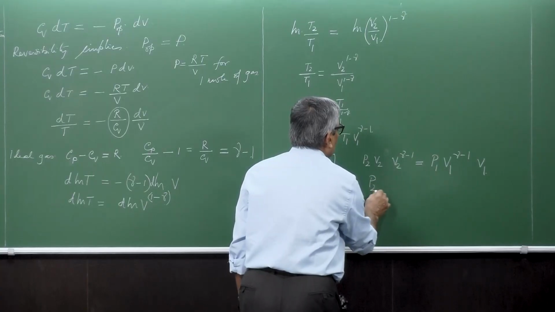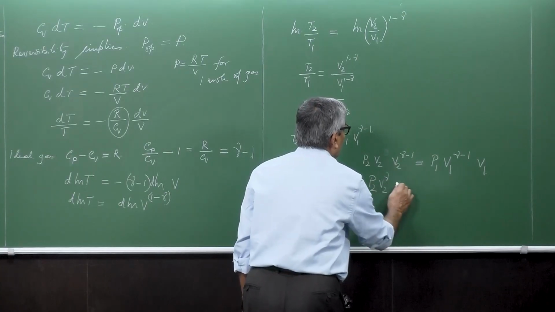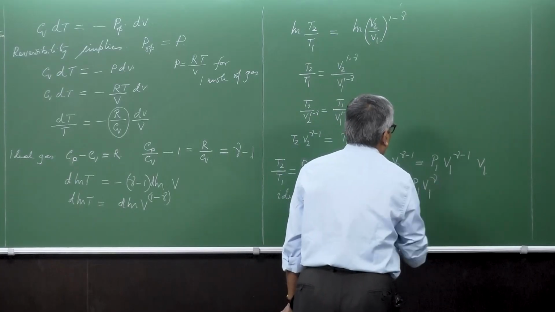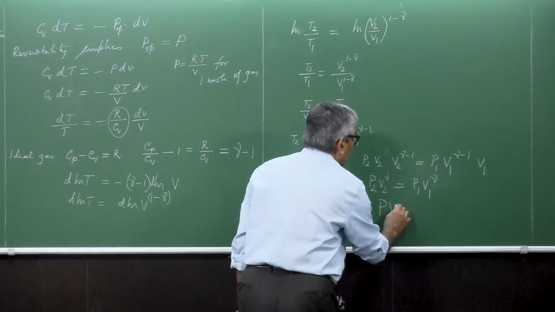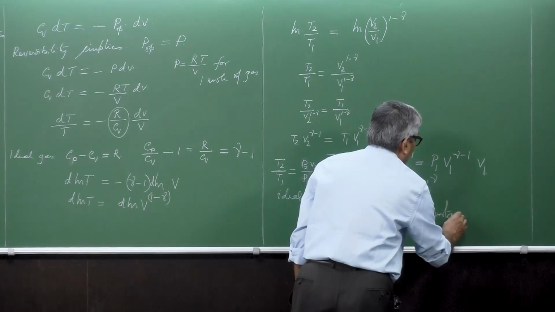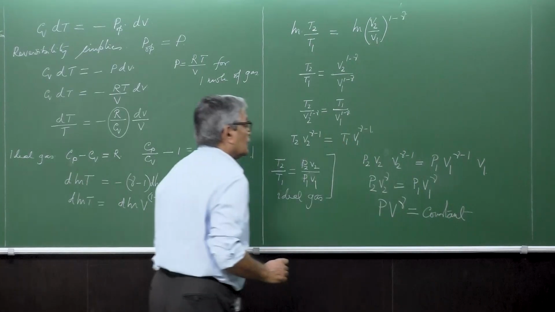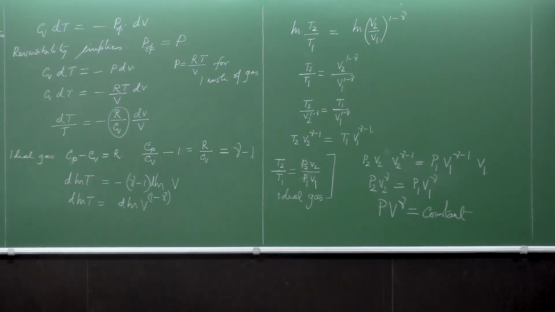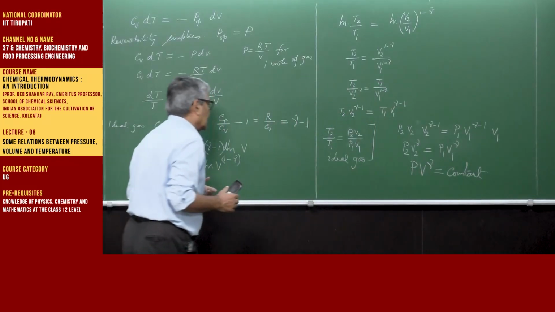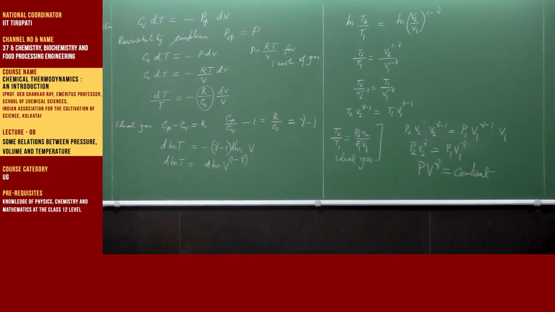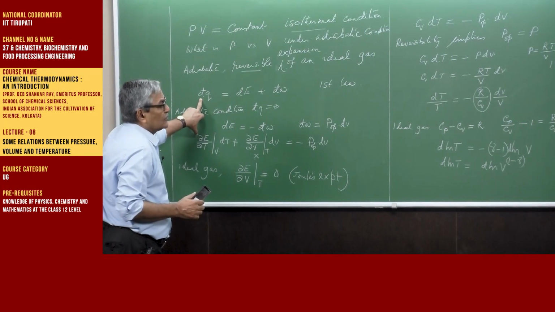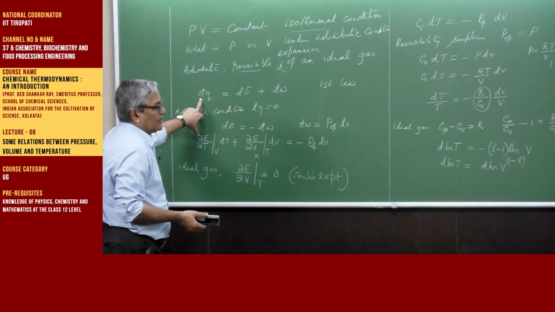So, P2 V2 to the power gamma equal to P1 V1 to the power gamma, or P V to the power gamma equal to a constant in general. We could establish this relation only because we started from an equation from the first law of thermodynamics. So, it is one of the consequences of the first law of thermodynamics,